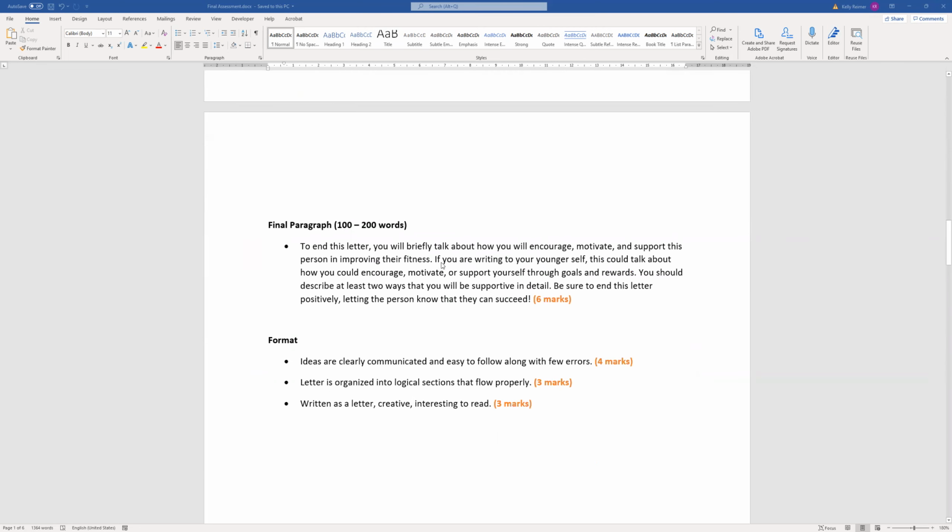There's the final paragraph where it's basically words of encouragement. So to end this letter, you'll briefly talk about how you'll encourage, motivate, or support this person in improving their fitness. For instance, if you're writing to your younger self, you could talk about how you could encourage, motivate, or support yourself by setting little goals and rewards for yourself. If you're writing to a friend or family member, you can say that you're going to go jogging with them, or you're going to say